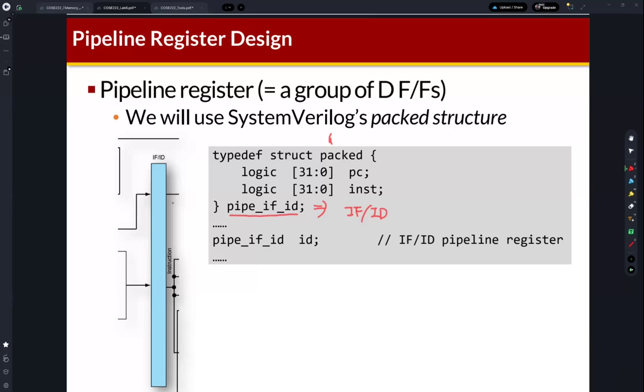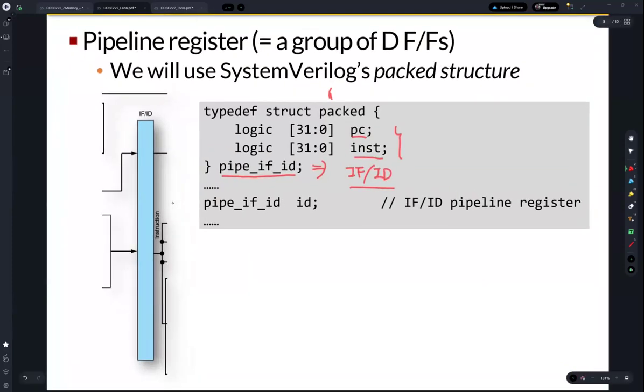In this structure, there are multiple variables, so you can find the PC and instruction. So what does that mean? If you see the instruction fetch/ID pipeline register, then this pipeline register samples the PC and the instruction, and this is sampled by clock,